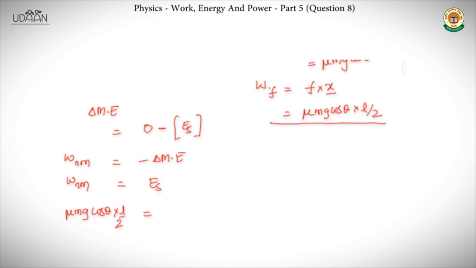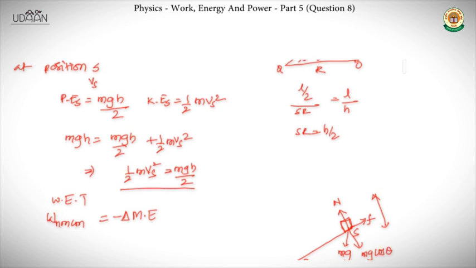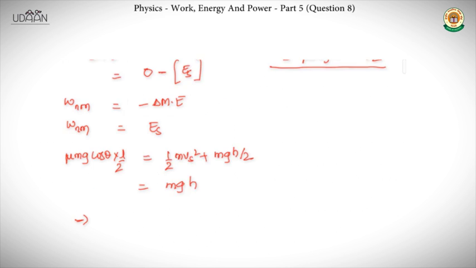That is potential energy plus kinetic energy. Kinetic energy is half m vs square, plus potential energy at S which is mgh by 2. And from the above equation we actually got half m vs square is equal to mgh by 2. So mgh by 2 plus mgh by 2 will be equal to mgh. From this equation, by solving this, we will be getting